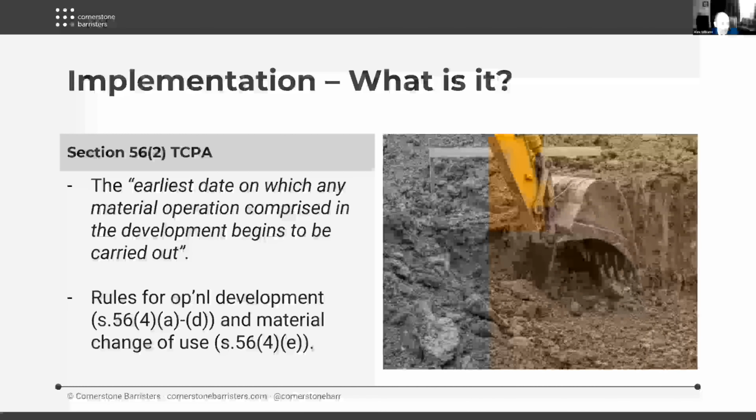Development is begun on the earliest date on which any material operation comprised in the development begins to be carried out. Section 56 then fleshes that basic point out in relation both to operational development and to material changes of use.